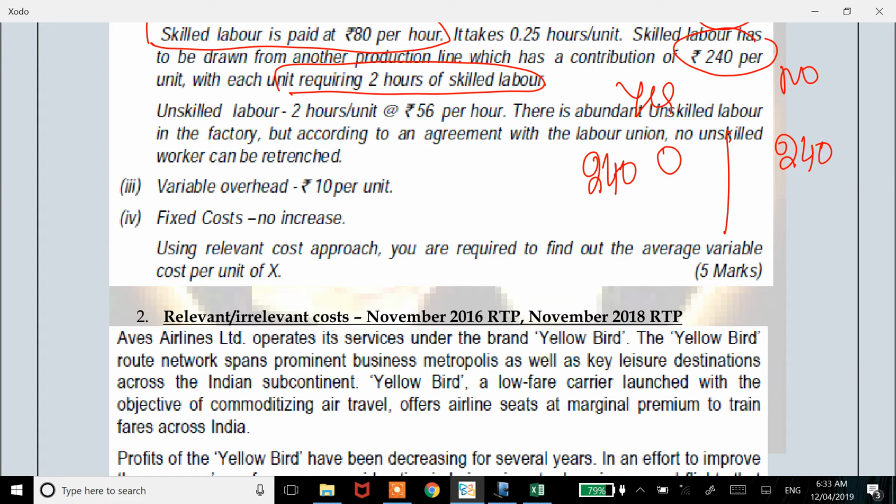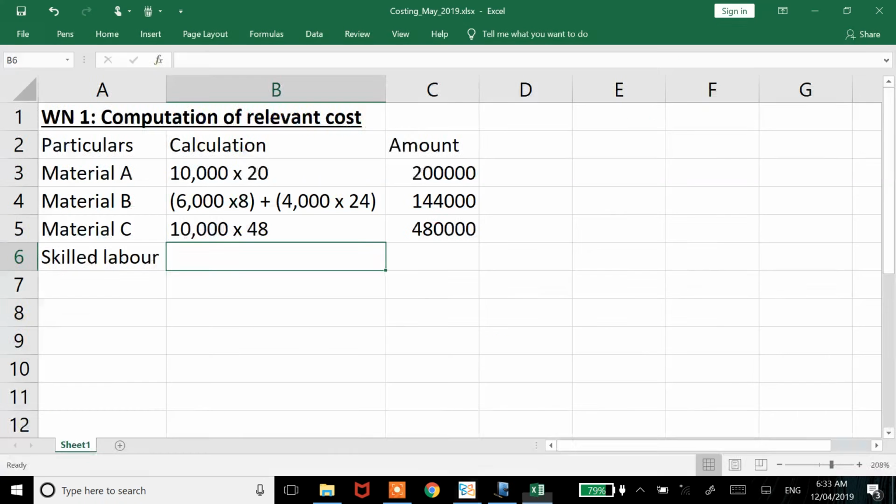If you have deducted lost contribution plus wages payable, that is the logic I said. When do you add it back? If you have deducted it. If you have not deducted it, no need to add it back. It's very simple. If you have deducted, add it back. If you have not deducted, let's not worry about it. So this number is going to be